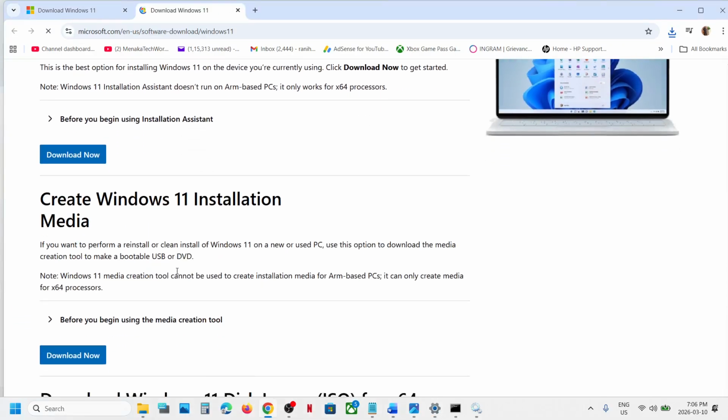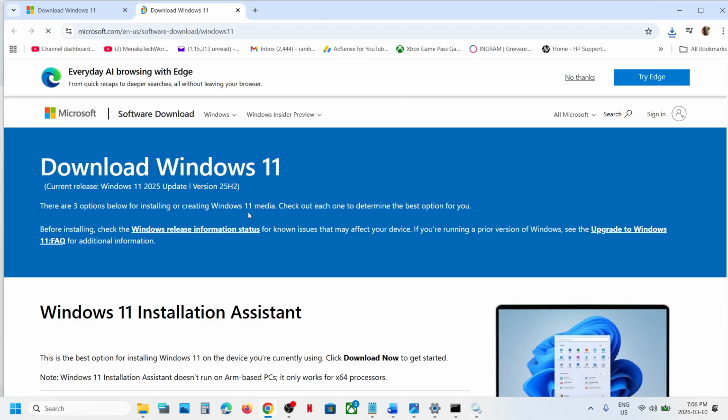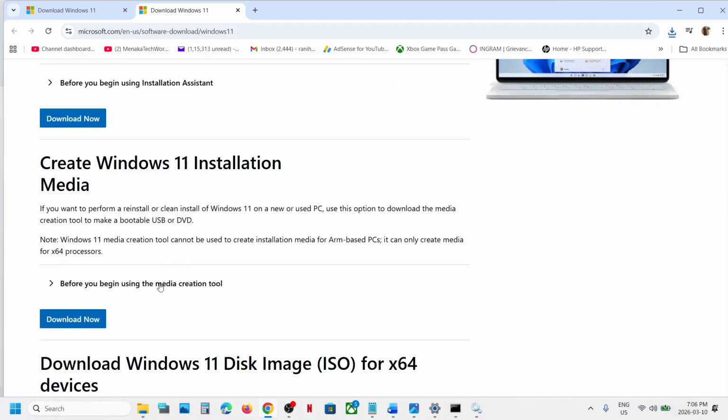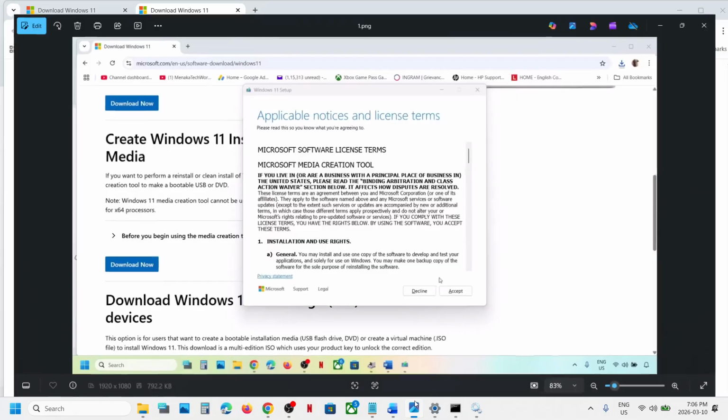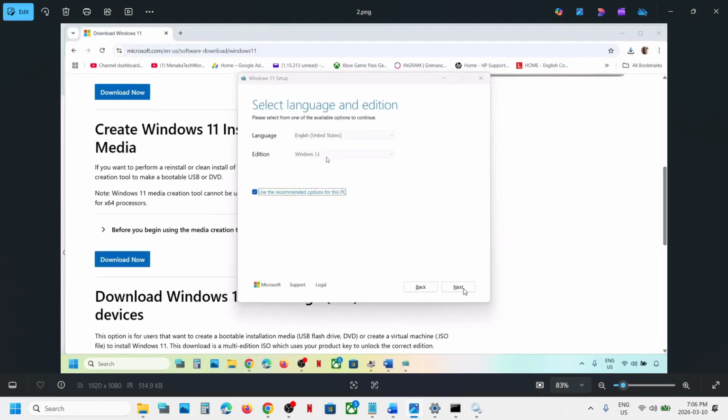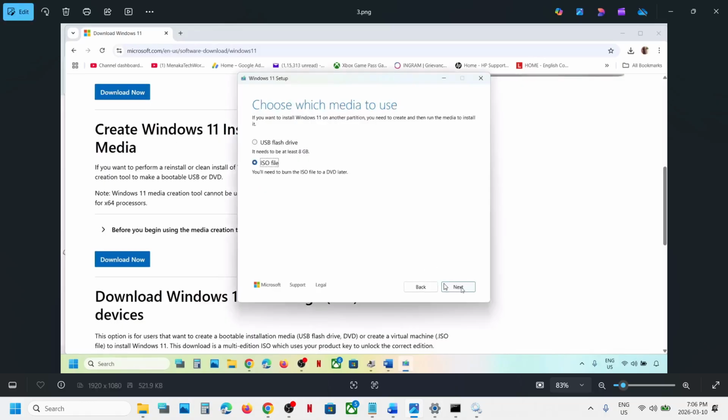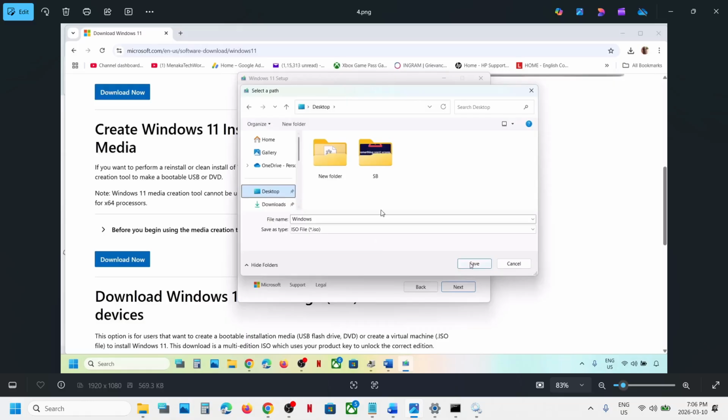Still not working. The last step is to use media creation tool. Scroll down, it will take you to Microsoft website. Now scroll down, here you can see media creation tool, click on download now and then run this exe file and then click on accept over here. By default Windows 11 will be selected. Click on next, select ISO file over here and then click on next. You can save it to desktop, click on save